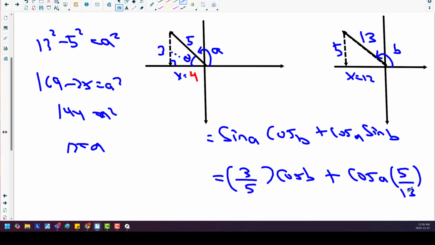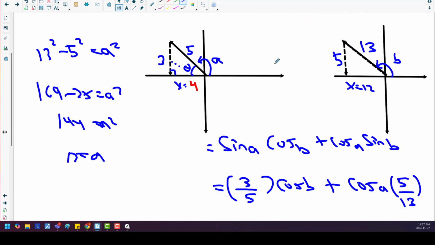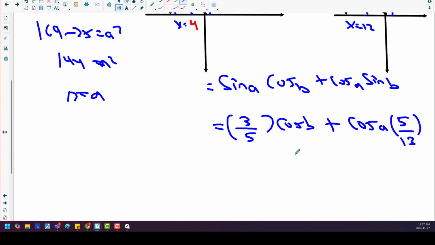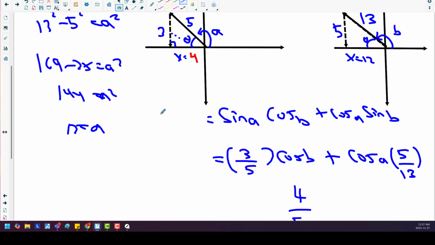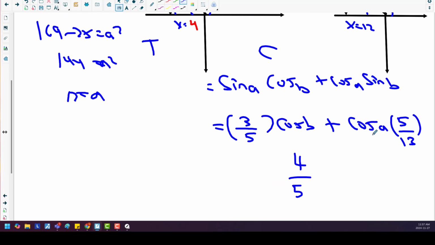We know that. But what about cos B and cos A? Do we know those values? Well, it's not initially given to us, but now that we've drawn a triangle, we can solve for cos A and cos B, right? Cos A is going to be adjacent over hypotenuse, which is 4 over 5. The only thing is you have to remember to use the CAST rule to determine whether the ratio is positive or negative. Since this is in the second quadrant, your sine values are positive, which is fine, but your cos values are negative. So this is going to be negative 4 over 5 times 3 over 5 plus sine, and cos A,